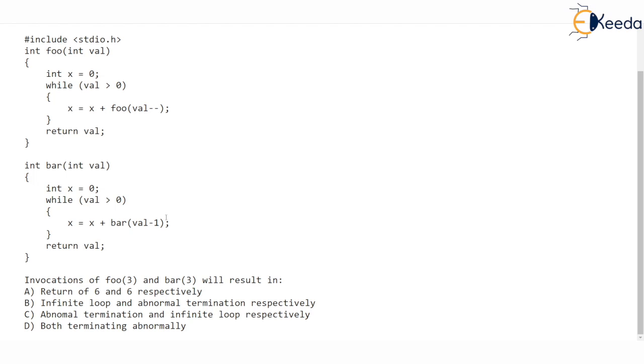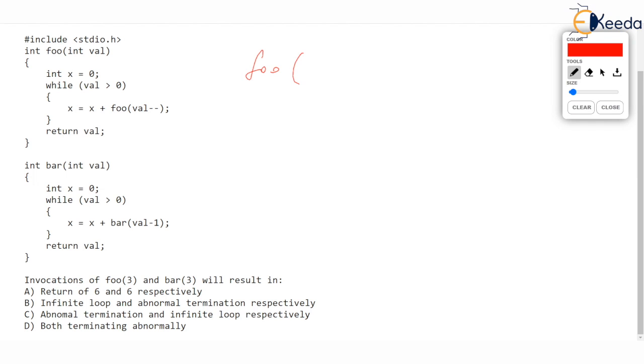Let's see first of all what happens when we run the foo function with parameter equal to 3. Something really interesting here is that foo has an int val parameter, and it is called with the value 3. Now, if you go deep down this function, when you run it, you will see a recursive call. But something really interesting about this recursive call is that foo is called with val minus minus. Now, you all know that this minus minus is a postfix decrement. So foo will be called just with the value val.